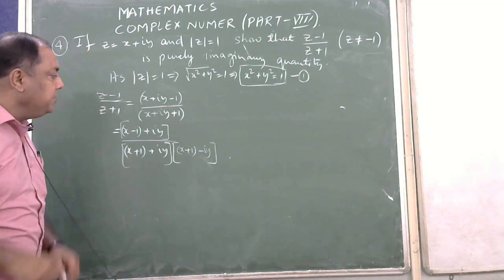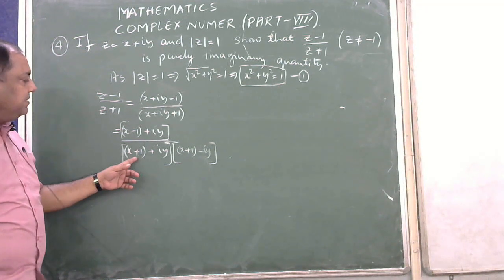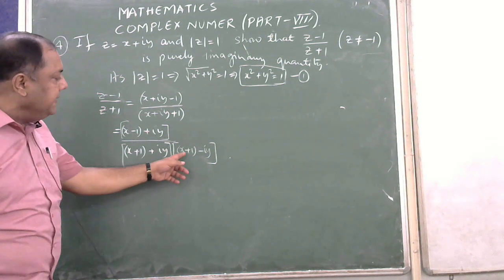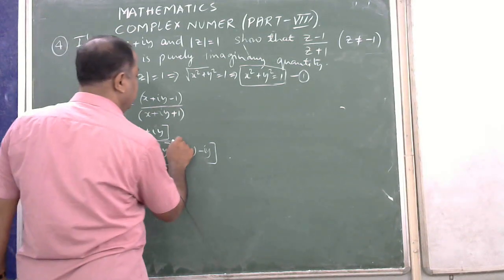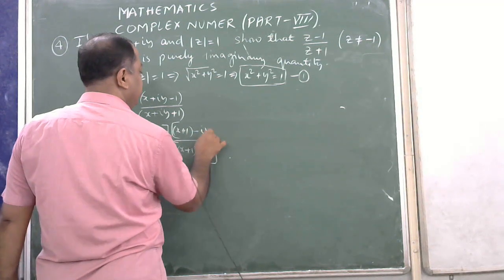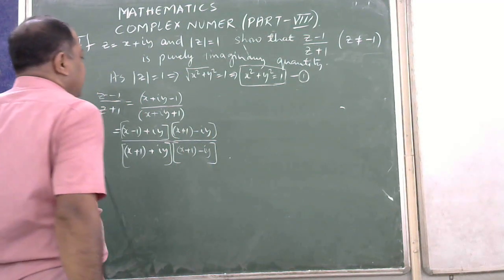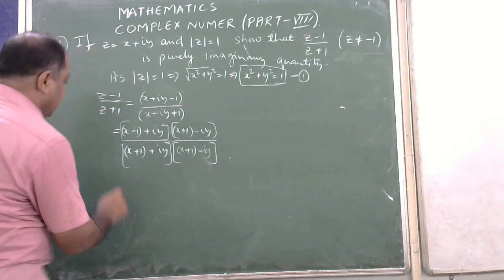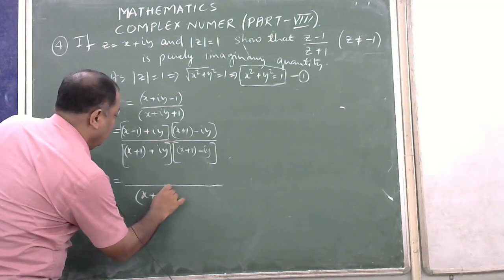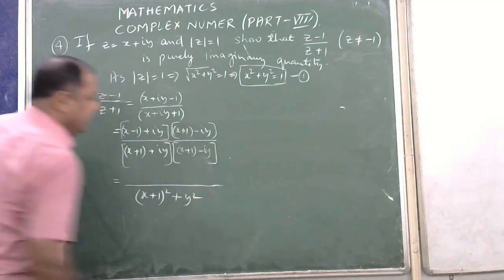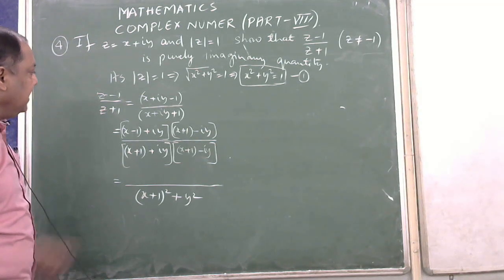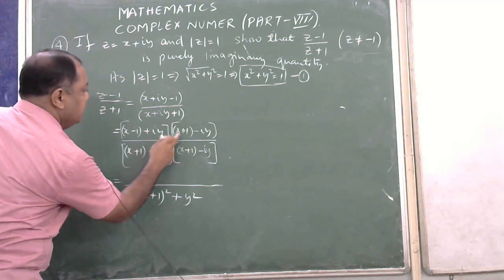I multiply immediately by the conjugate of the denominator. The denominator x plus 1 plus iy is a complex number. Its conjugate is x plus 1 minus iy, which I am multiplying in the numerator as well as in the denominator. So my denominator is equal to x plus 1 whole square plus y square. X plus 1 whole square plus y square is the denominator, and in the numerator I have this into this